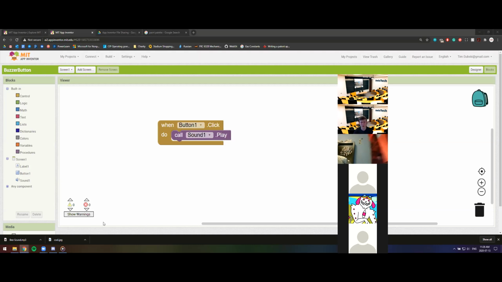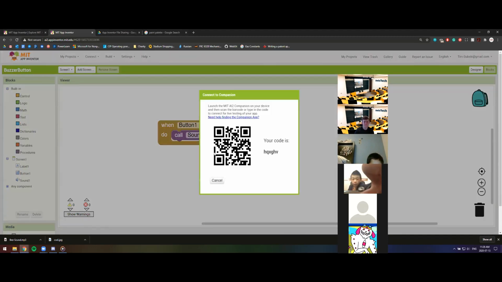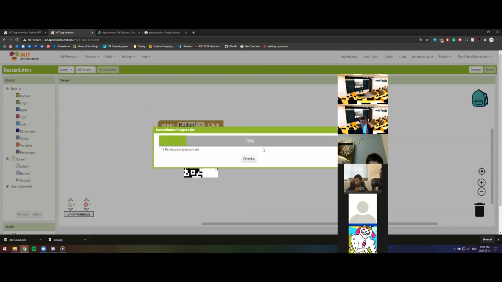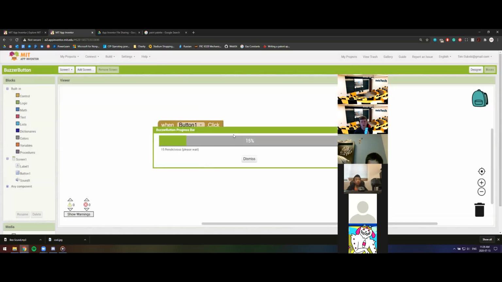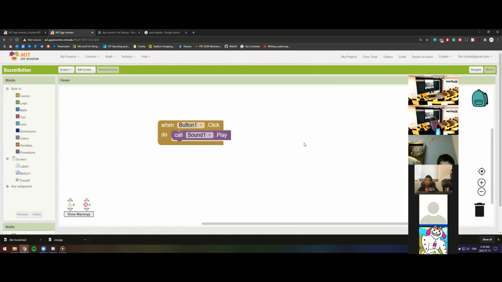To connect it to my phone, I'm going to click Connect up here in MIT App Inventor, and select the option that says AI Companion. Then I'm going to click Scan QR Code on my phone. You see a little QR code shows up here in App Inventor. I'm going to scan it. Give it a second, and you'll see it start loading. Right there. Now on my phone, I actually see my Hello Cody app. And if I press the button,